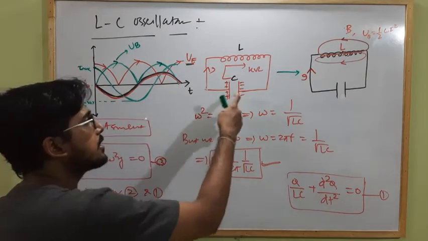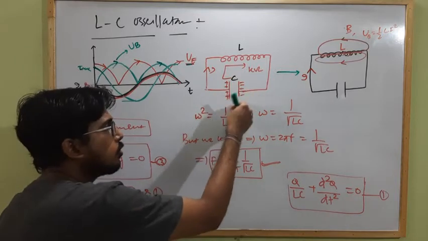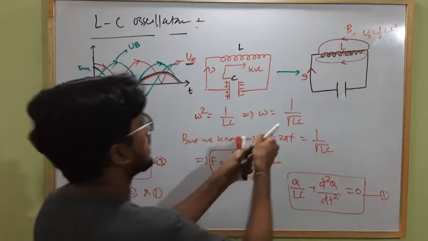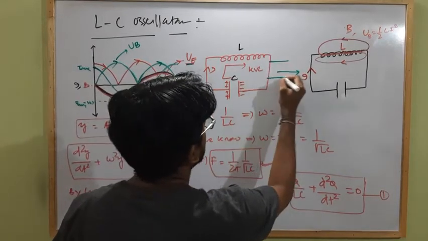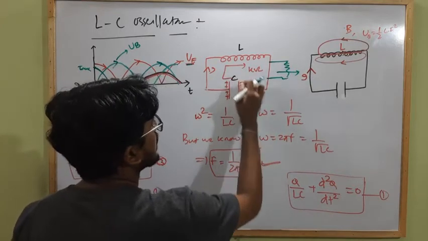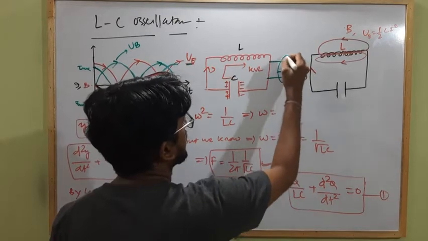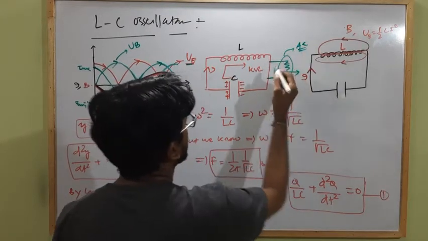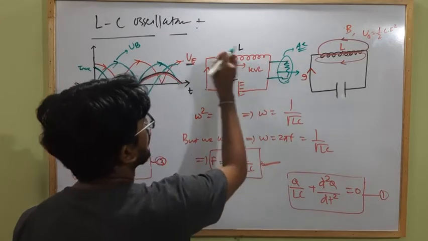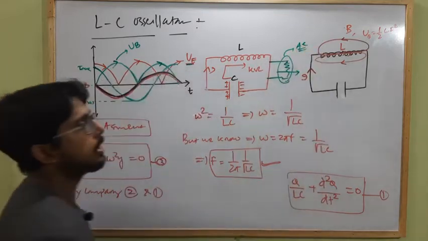That means an LC circuit, which initially uses a DC source to charge the capacitor, and after that, if we connect a load here, then at this load, as the current changes its direction alternately, I am getting an alternating current at this output, because initially the current flows in this direction and after some time it will flow along the other direction. So if I take an output here, the output current will be AC.